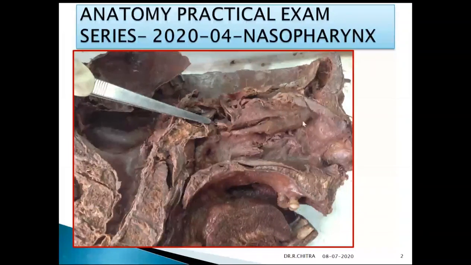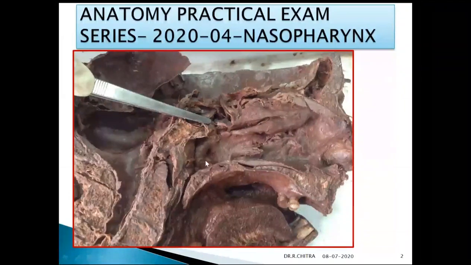If you see this pharyngeal opening of the auditory tube, it is surrounded by the tubal elevation. Upper and posterior margins have the tubal elevation. So that acts as a guide to put the catheter into this opening. Then if you see this deep depression behind the tubal elevation, that is the pharyngeal recess, called the fossa of Rosenmuller. It is a mucus covered deep depression behind the tubal elevation. So this is the place where the nasopharyngeal tonsil will be extending into this pharyngeal recess.